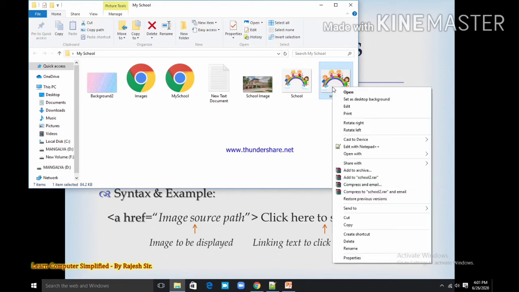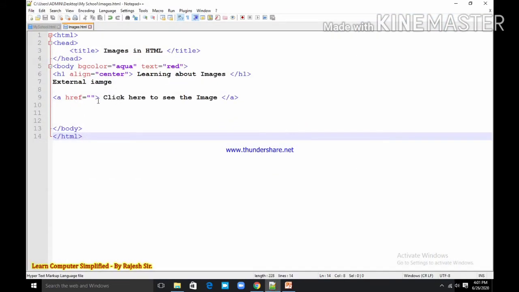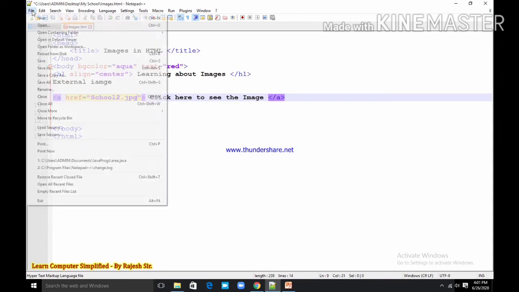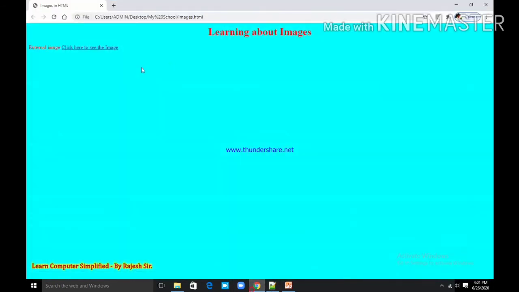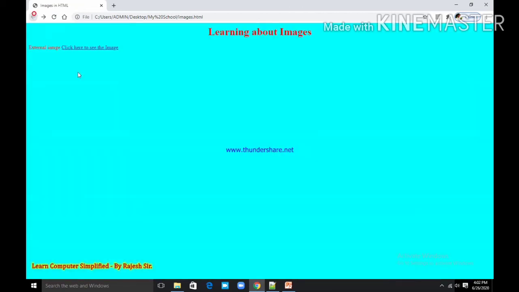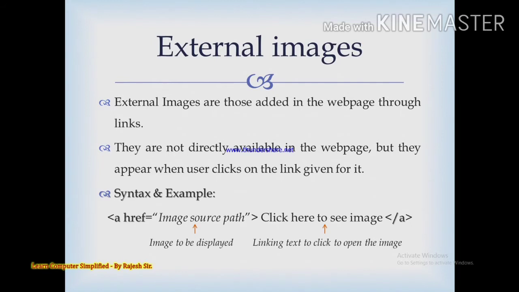So here I am giving a name, school2.jpg, and save. Now you can see by clicking this I can open this image. Now here the image is not directly available in the web page, it is in the form of link, right? So this is your external image. Now move to our practical theory part. Okay, external images done.